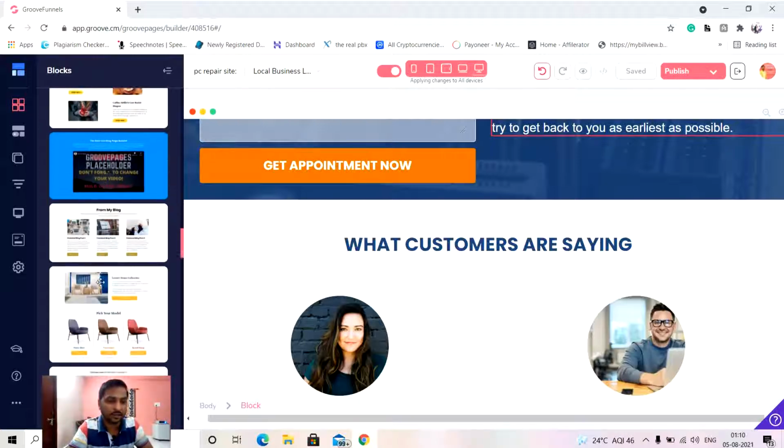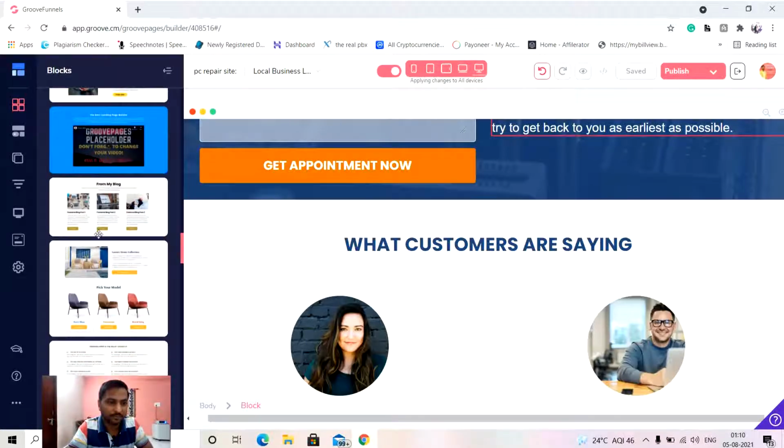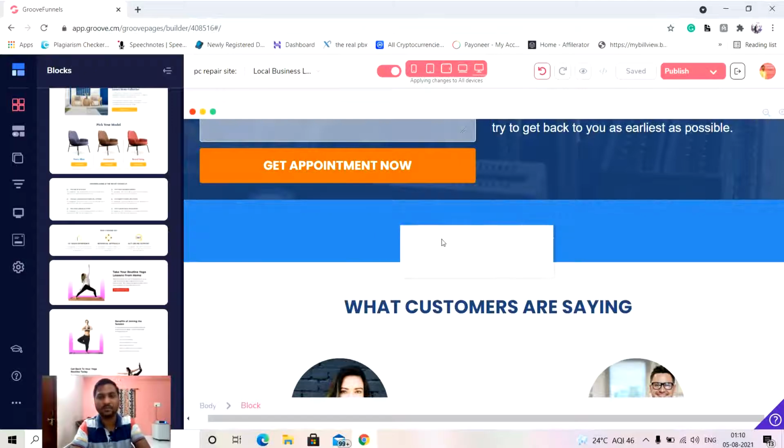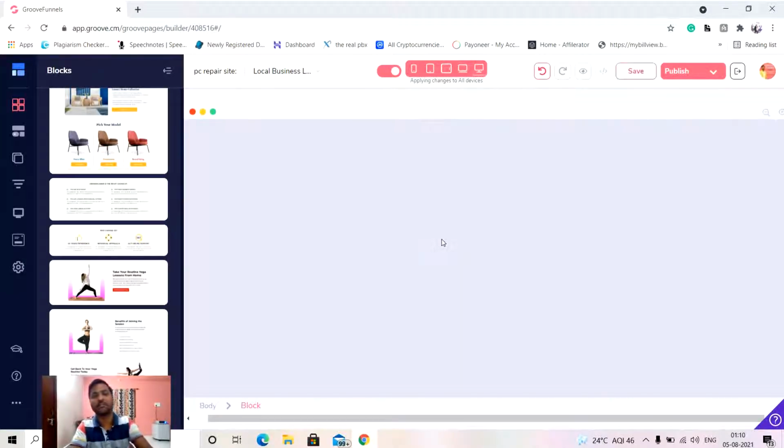Okay, so I think I'm just going to choose this one. It says from my blocks, but we will go ahead and change all these things. Or let's say go ahead and select this one. I'm just going to select it and drag and drop it over here.